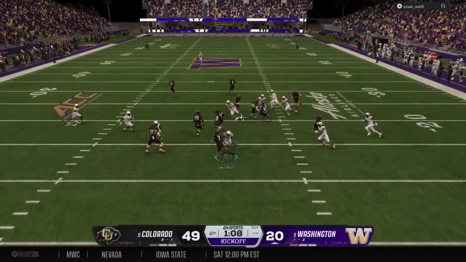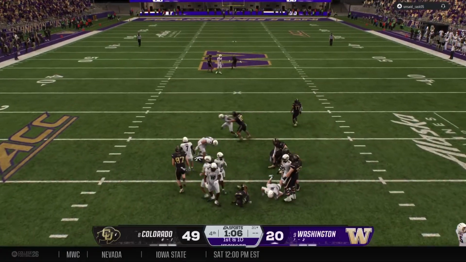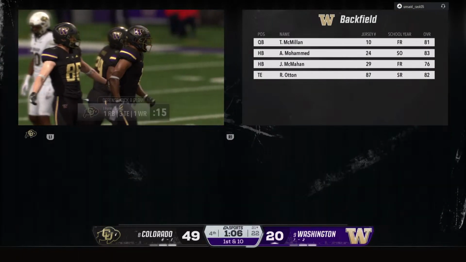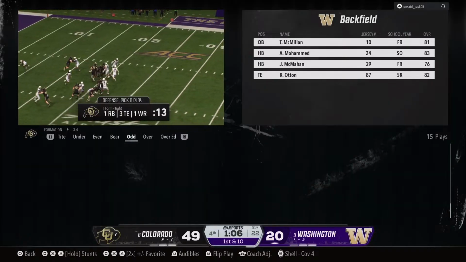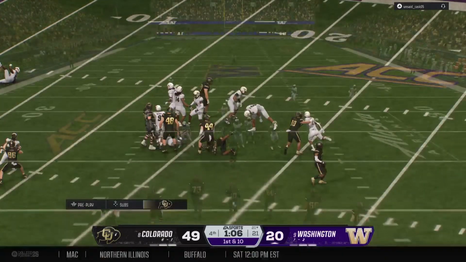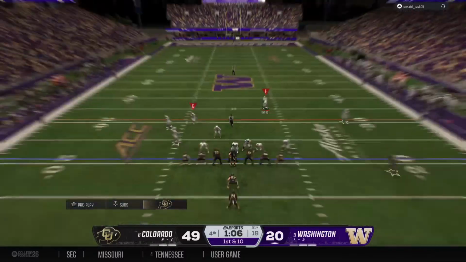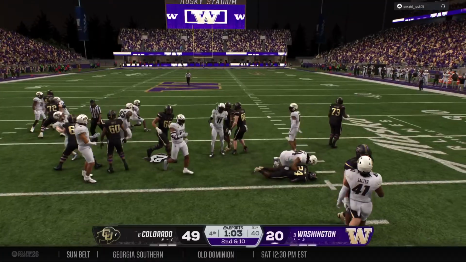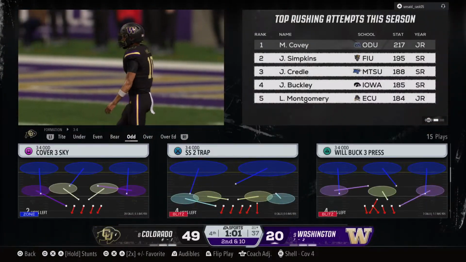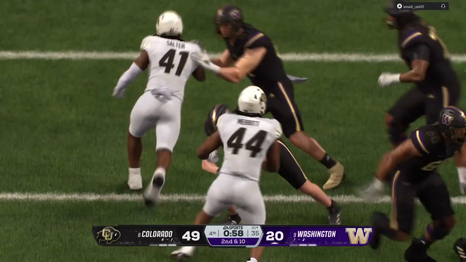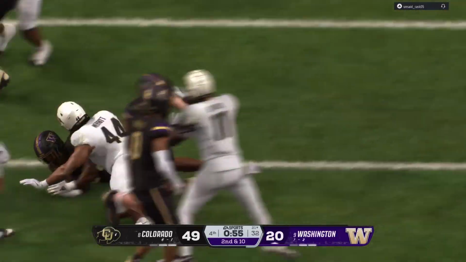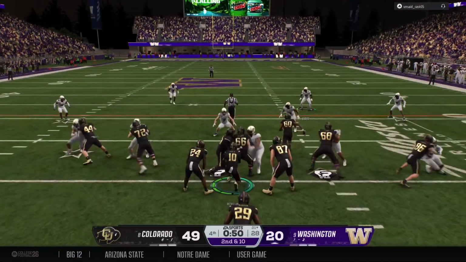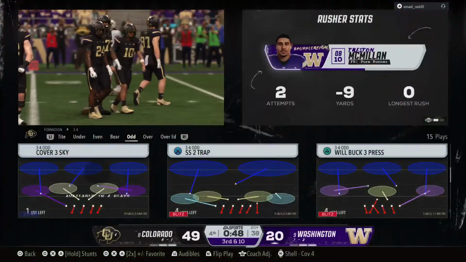Here he comes with the return. Not a lot of space to be found. Good hustle by the coverage team, and they stop him at the 21. They'd love to put a long drive together here as they start from their own 21. Leaves it with the back. He gets nothing, and they keep plowing ahead with the running game, and they've got very little to show for it. Stopping the run is very high on every defensive coordinator's list. Making the team one-dimensional. Nice job stuffing the run on that play right there.